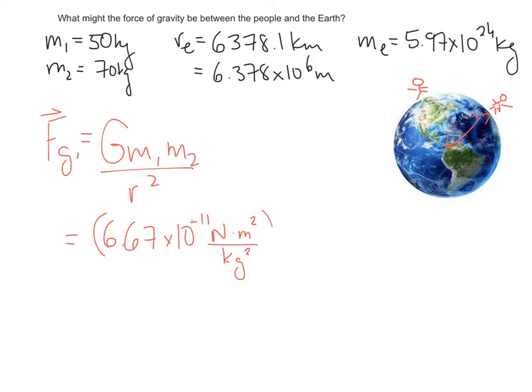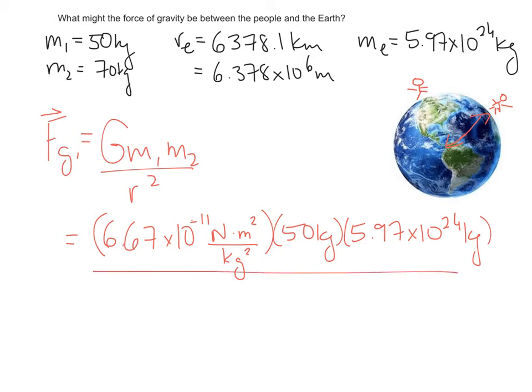And so the mass of... no, just you. We're just looking at you now. So you're the girl, who is 50 kilograms. And because we're calculating the force between Sammy and the Earth, the second mass is going to be the mass of the Earth, which is 5.97 times 10 to the 24 kilograms